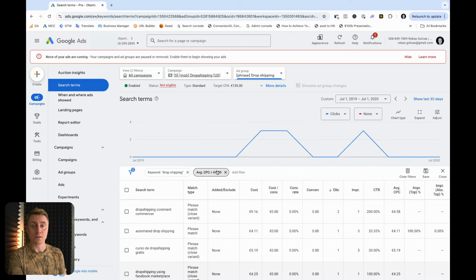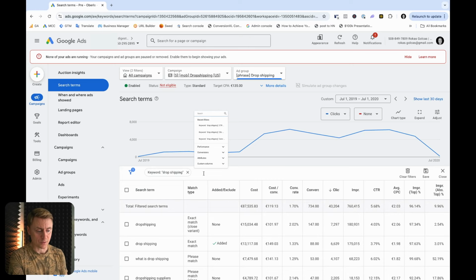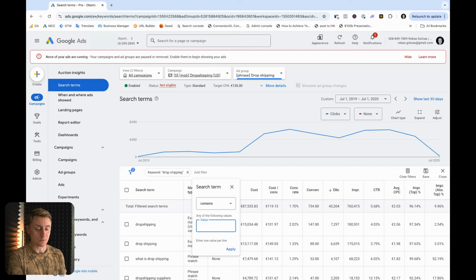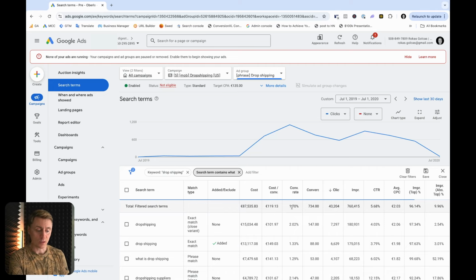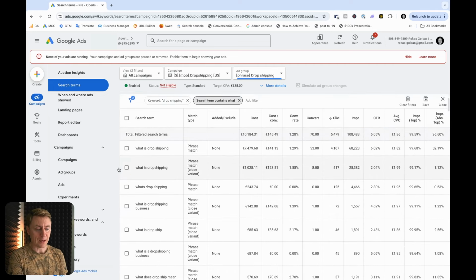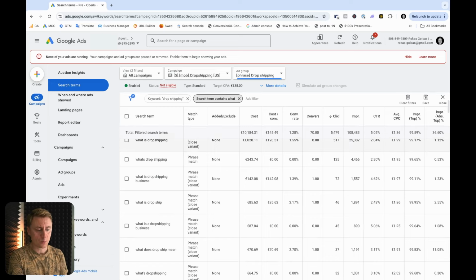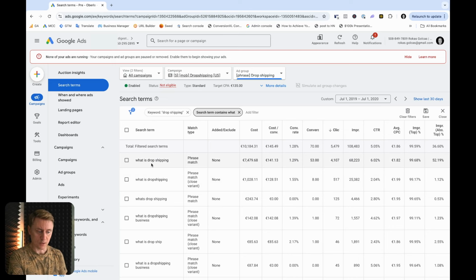And the last filter I like is filtering the search term itself, looking for specific words that are not related to a business. For example, we saw "what is", so I might search just the word "what" and see how many search terms have that word, because usually words like what, why and how don't necessarily convert. Of course, that depends on the budget, the country and the keywords. But in general, if I'm interested, I can just enter a specific word